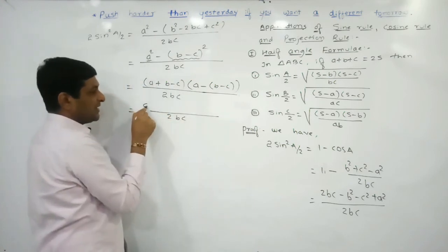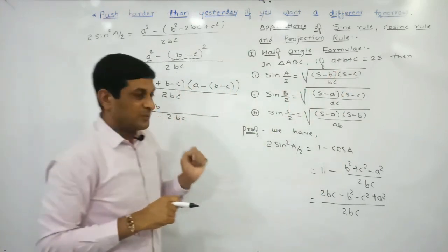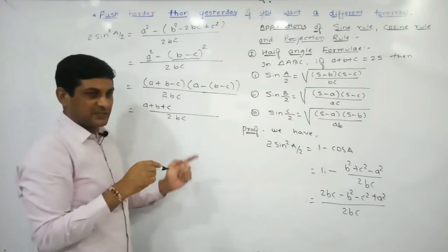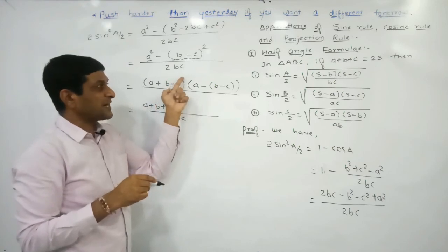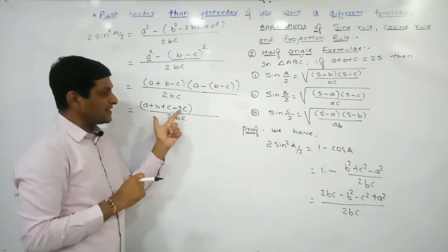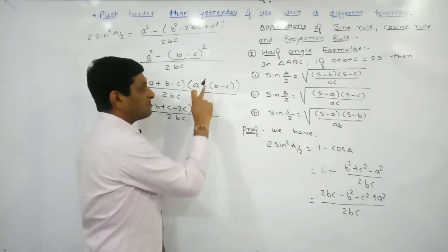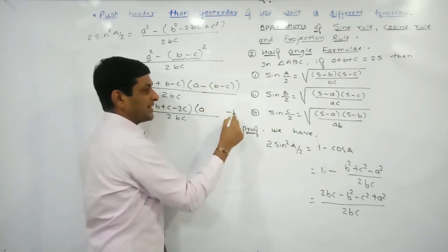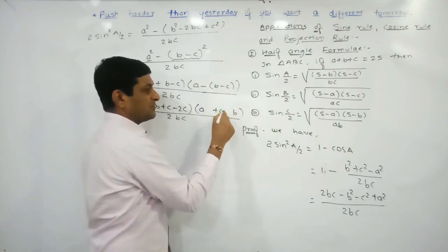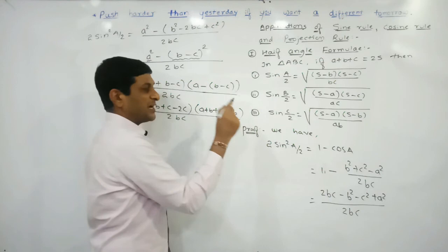So here, a plus b, keep it as it is. We are trying to get plus c here, because plus c is missing, so we are adding c. Since we are adding c, we are also subtracting c. Already minus c is there, so if we subtract c again, minus c will become minus 2c. Again, if you observe here, c minus 2c will be equal to minus c. In this case, what do we get here? Minus into b is minus b. Here write down minus b, and minus into minus will become plus c. So here which term is missing? Plus b is missing, so we are adding b, and since we are adding b, we are subtracting b.